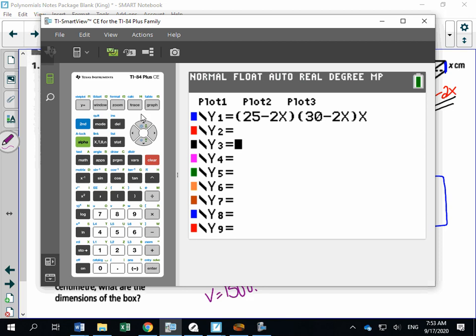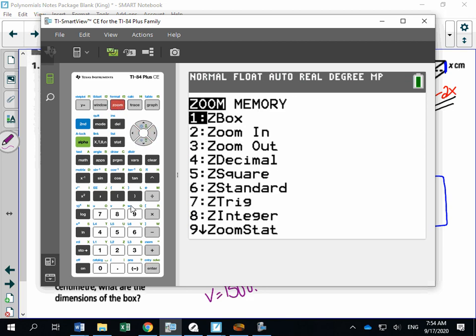Type in your first equation here. So type in the equation, the 25 minus 2x, 30 minus 2x, and x. And I want to show you what it looks like if you graph it on just a Zoom 6 standard. So if I graph this on a Zoom 6 standard,